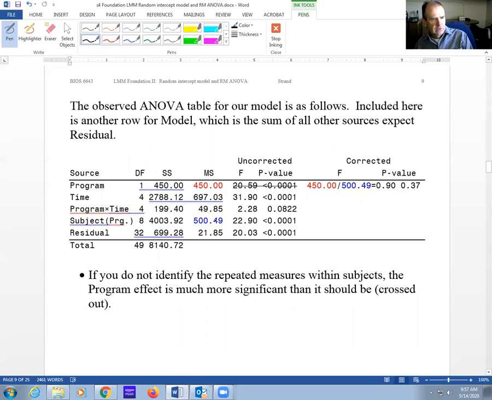And you notice if we use the mean square for program and divide by mean square residual, we would get an F statistic, an observed value that's very significant. Whereas if you use the subject within program as the denominator, that's not significant. I mean, huge difference here, right? So initially, this is telling us that if you don't account for the repeated measures, you're getting an effect that's